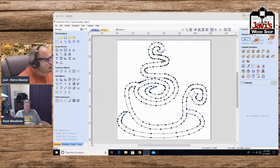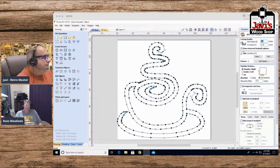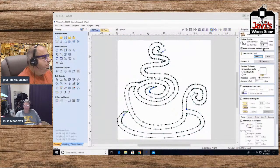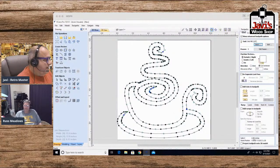But here's the answer. Okay, I'm going to create the tool path. And what I'm simply going to do is cut outside the line on this. It's going to make a little profile tool path outside, and I'm going to use a 1/8 inch end mill. Select. I'm going to make it all the way through and